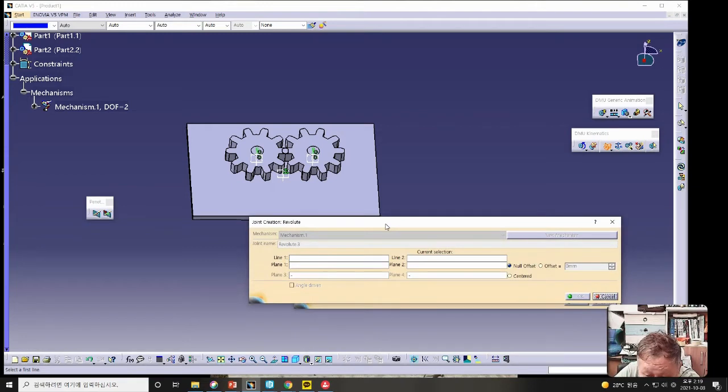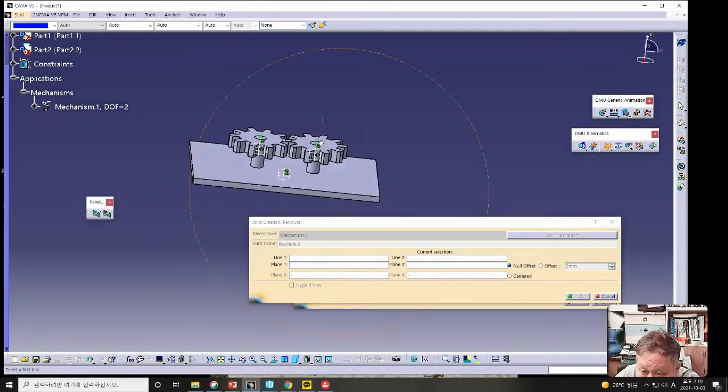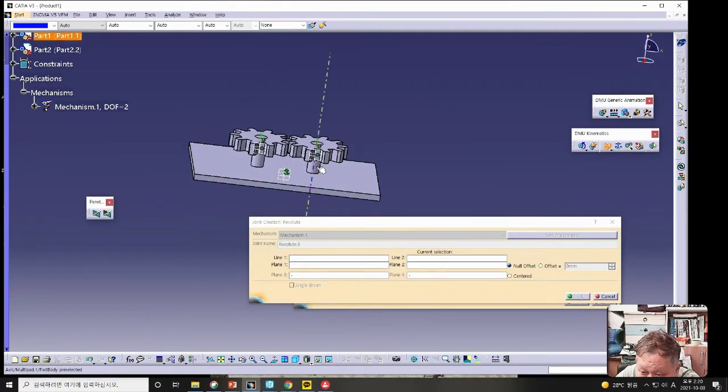Therefore, in this case, like this, this is line 1, I think, and current selection